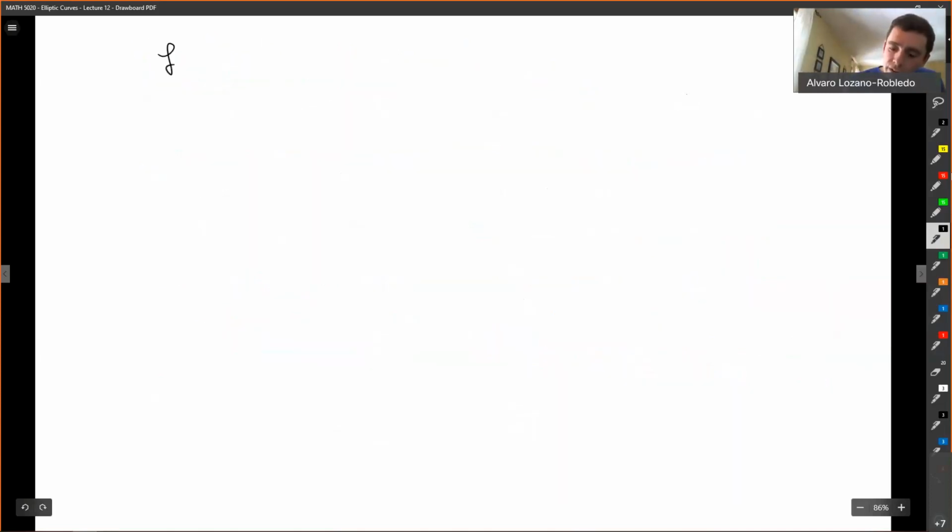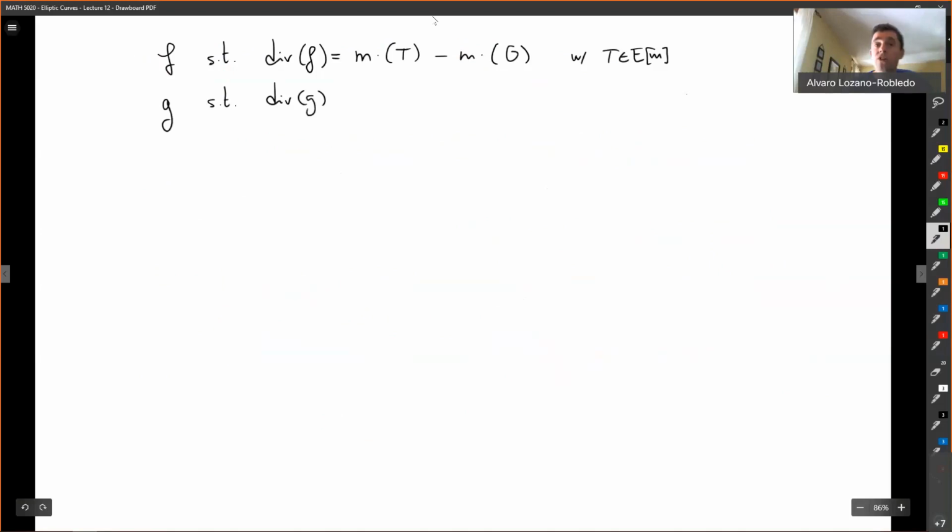So let me write those. Again, there is F such that the divisor of F is M times T minus M times O, with T in E[M], and a G such that the divisor of G was M star, so it is the sum of T' plus R minus the sum of R. And here R is running over M-torsion points. Okay, so now note